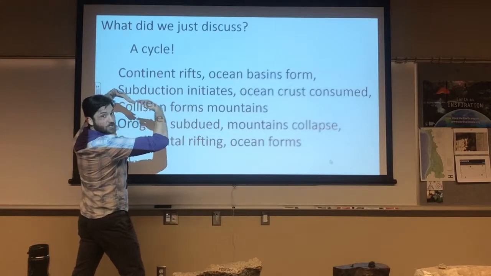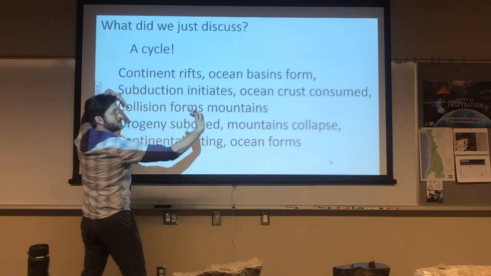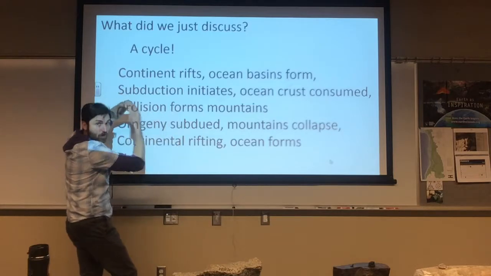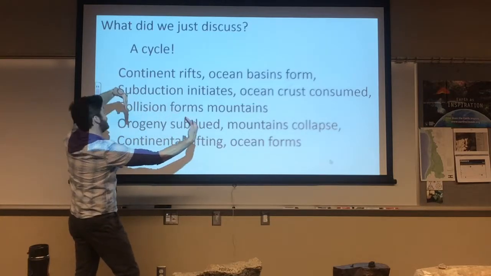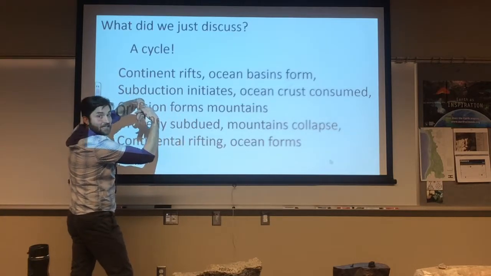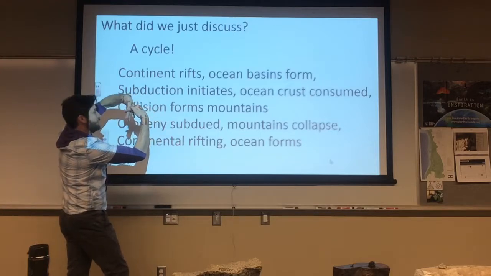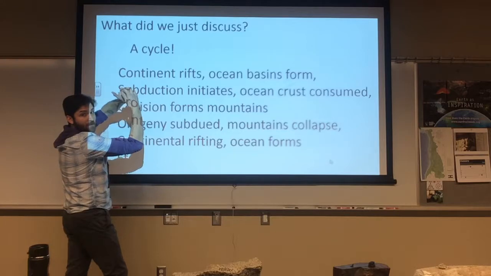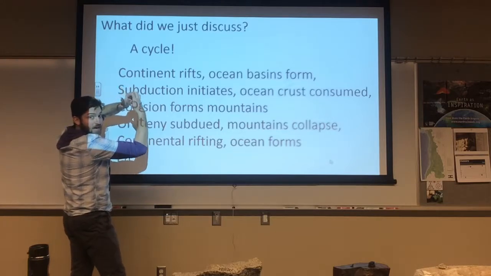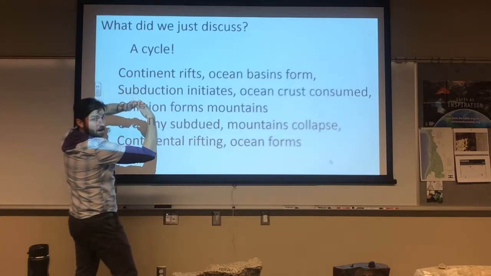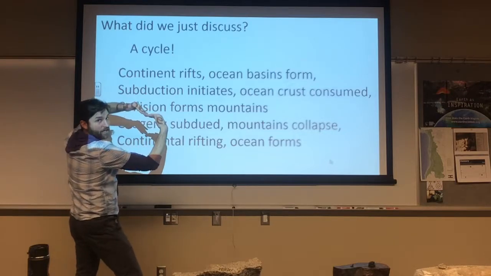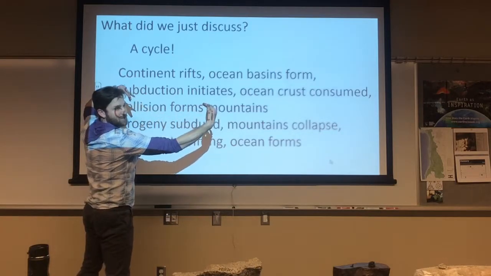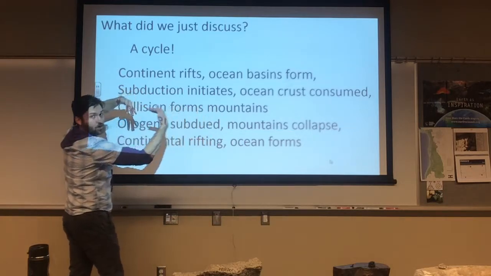And then that subduction consumes the oceanic crust, which leads those continents further and further together, maybe consuming little islands, little terrains on the way. And then they collide to make another supercontinent, forming mountains. And then slowly, after the collision slows down, those mountains gravitationally collapse, causing more rifting. Continental rift, ocean basin opens, subduction initiates, ocean basin closes.